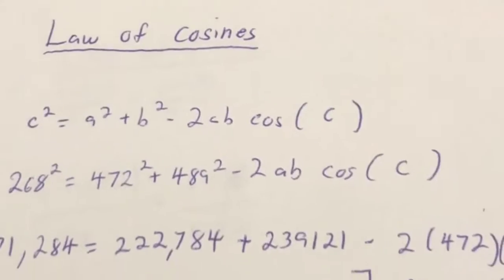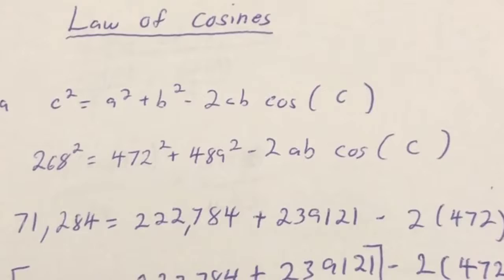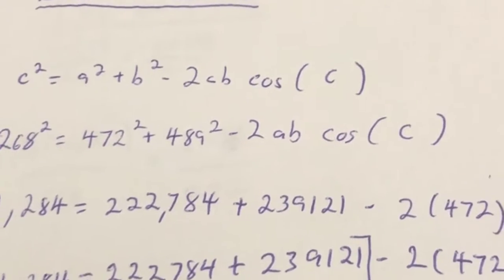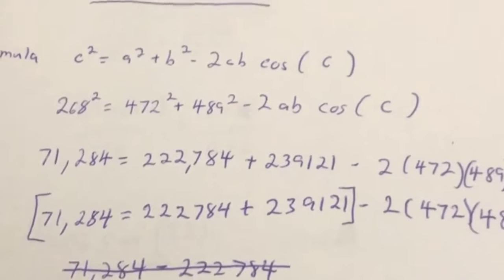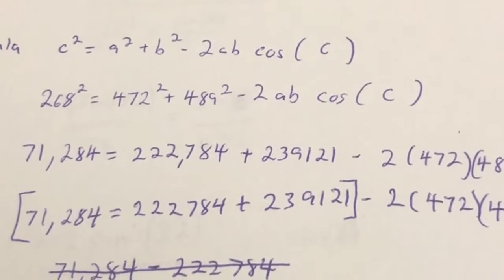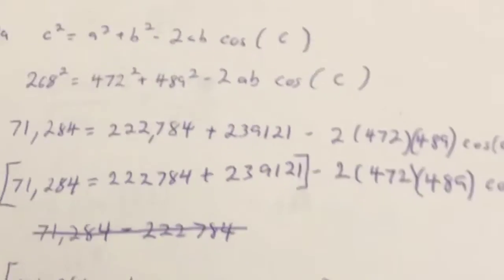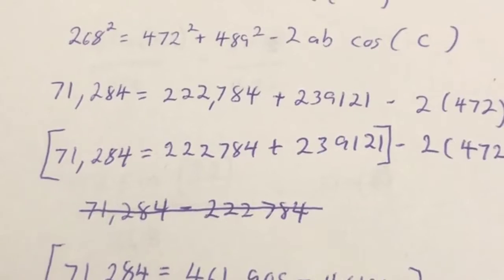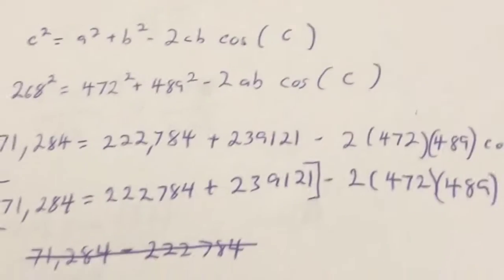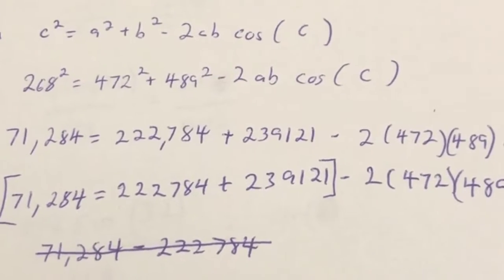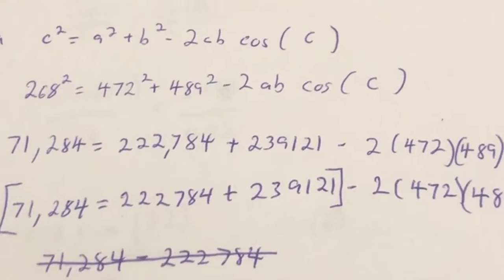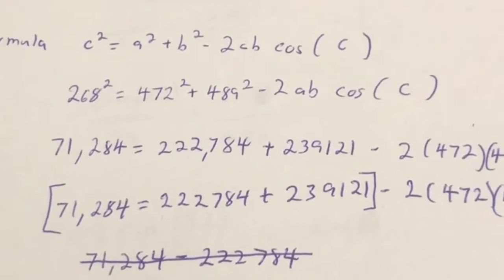From there, I plugged in the numbers: 268 squared equals 472 squared plus 489 squared minus 2ab cosine C, which gave me 71,284 equals the rest of the numbers right there. From there, I put brackets around that area to concentrate that I was doing the beginning part of moving over the 461,905 and 461,616, adding those 2 together and subtracting from the left side, giving us here at the bottom